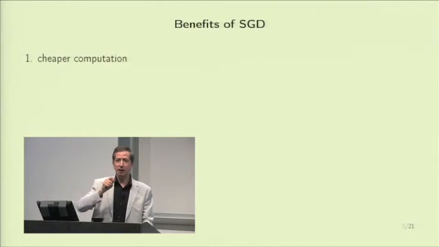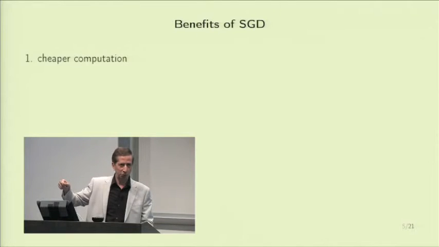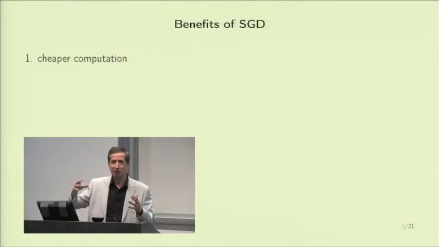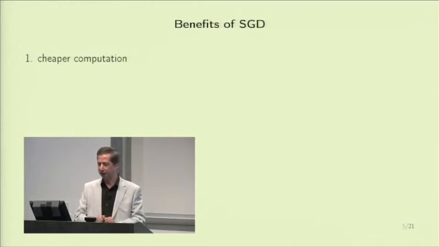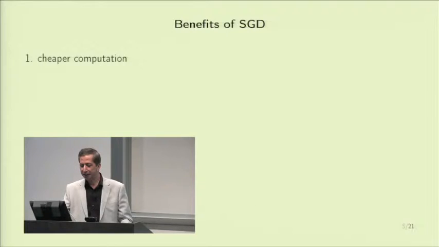Nevertheless, the expected value of your move in the cheaper version is the same as the other one. Okay, so there's a little bit of cheating here. On the other hand, it looks attractive. If this actually works on average, this is an attractive proposition. So this is number one advantage. The second advantage is